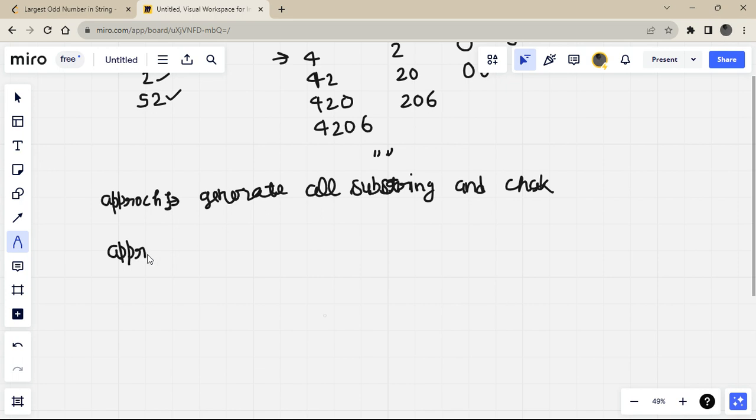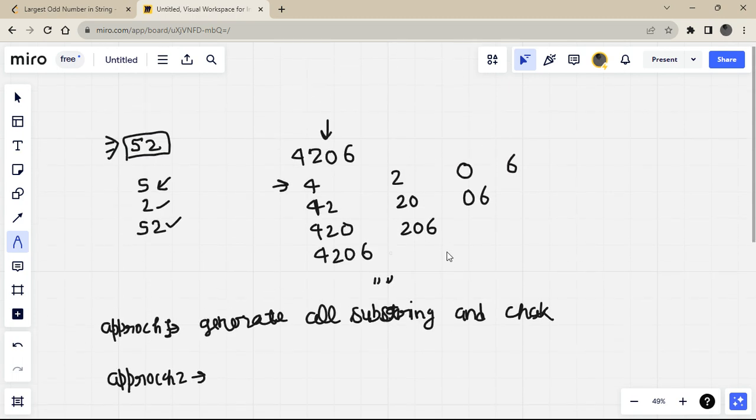You can try the first approach by generating all substrings using two nested for loops. The second approach is very clear. By observing, we can see that if any substring is odd, that means its last character is odd.